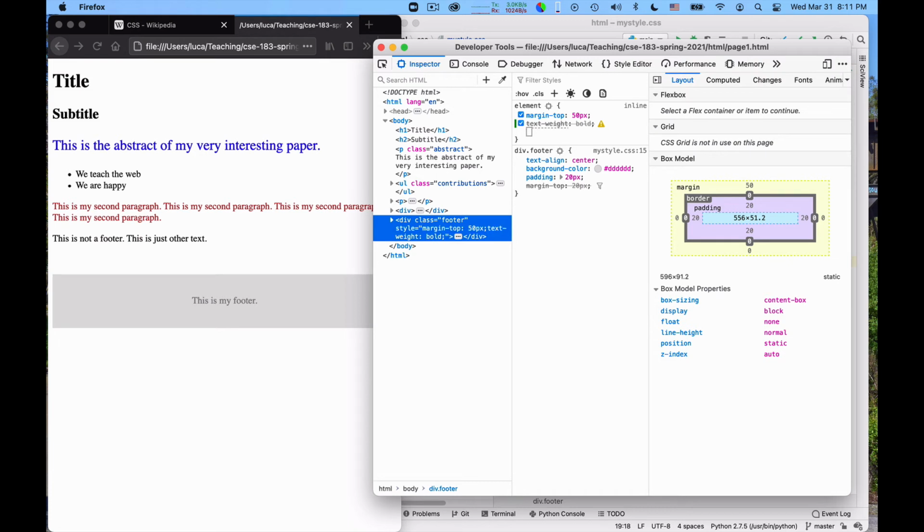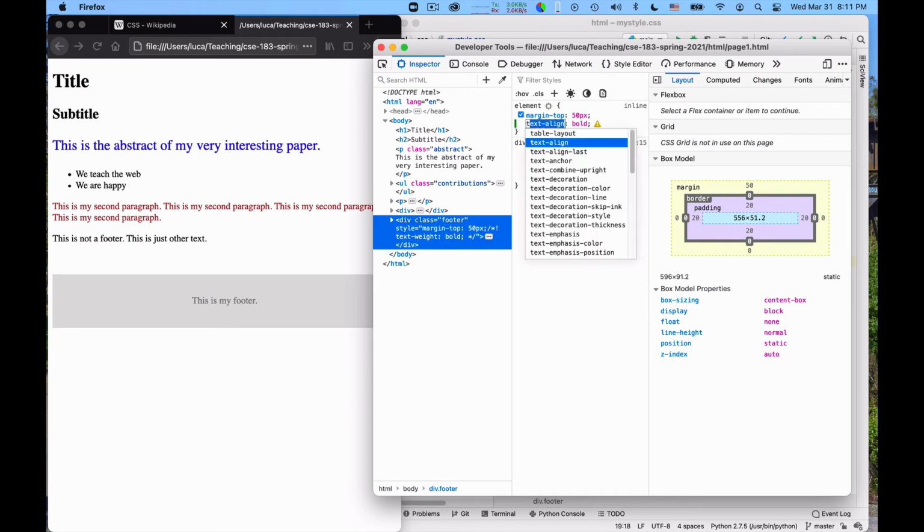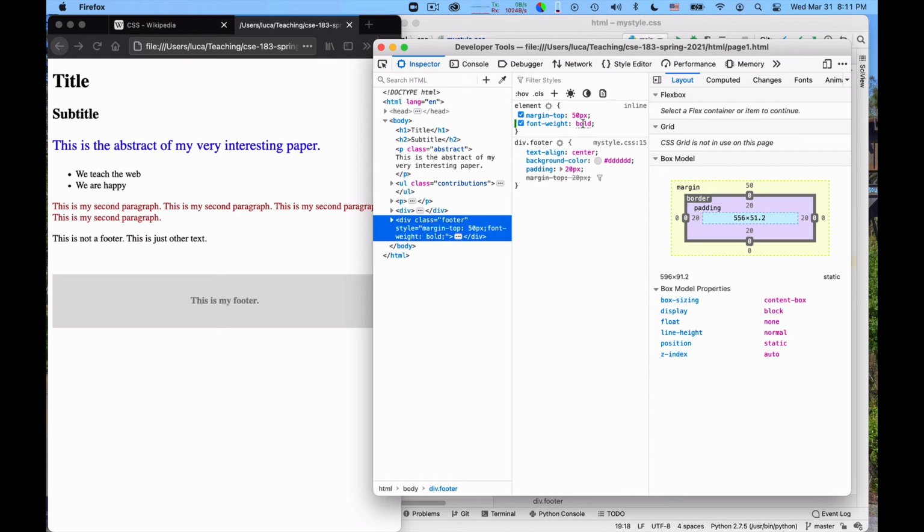No, I used the wrong styling. Font weight, and I can say bold.